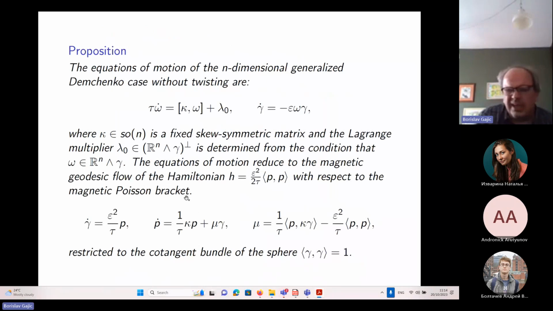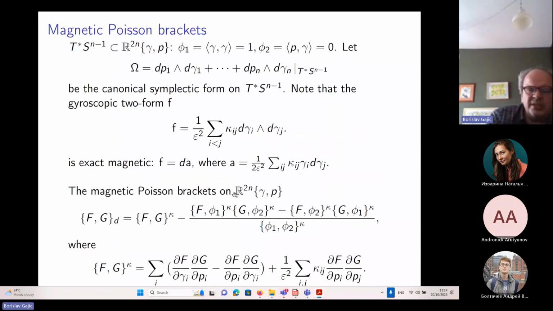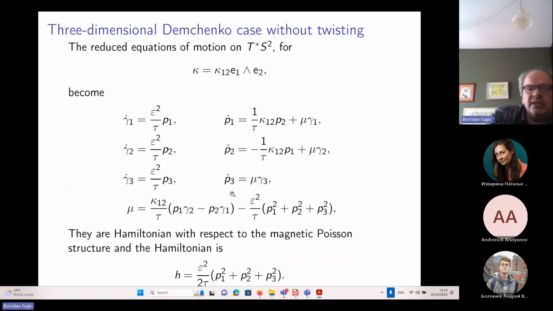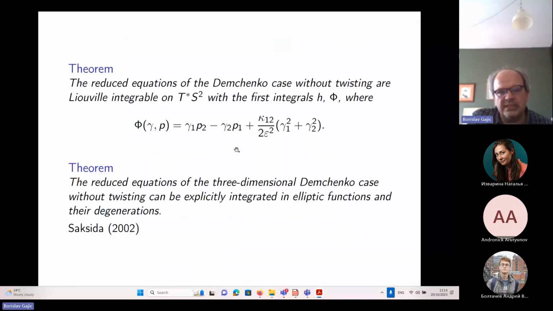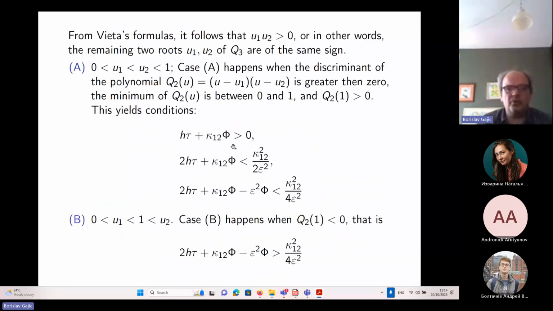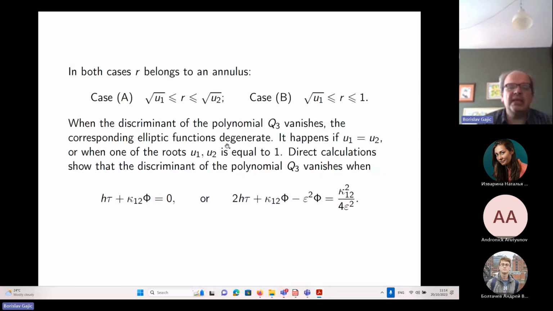Now, in the three-dimensional Demchenko case, this is the equation, and one can prove that these reduced equations are integrable in quadratures, but I will pass only to the four-dimensional case. The analysis for the three-dimensional case is similar, or maybe more interesting. Now we have